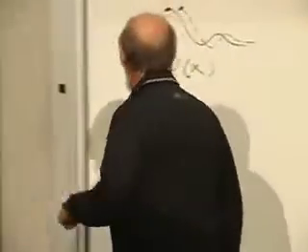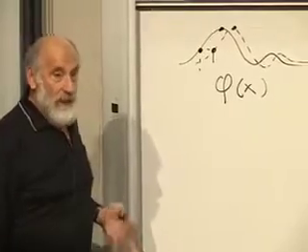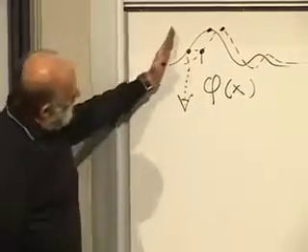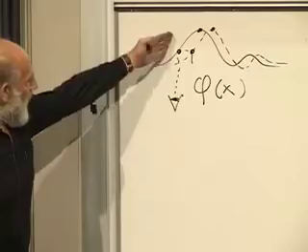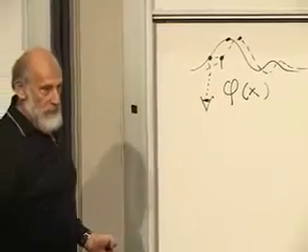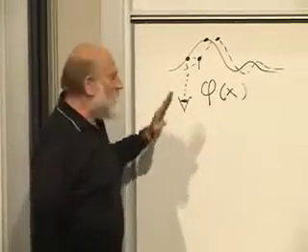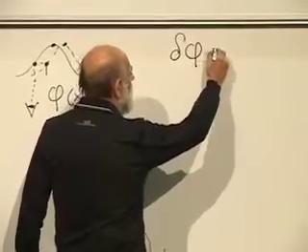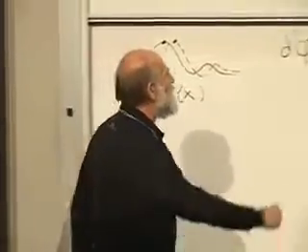All right, so how then does phi of x change when I displace the field a little bit? It does change if I stand at a particular point. If I'm the eye in the sky over here looking at that point, and I shift the wave, this is not an upside down A, it's an eyeball. I'm staring right at the field where I am, and I shift the wave a little bit, the field changes. So this shift of the field is associated with a small change in phi. How much does phi change if I shift the field to the right a little bit? What's the change in phi? Derivative of phi with respect to x